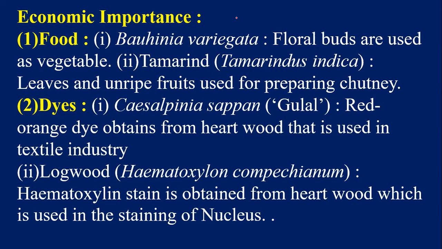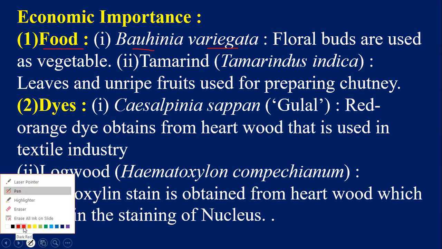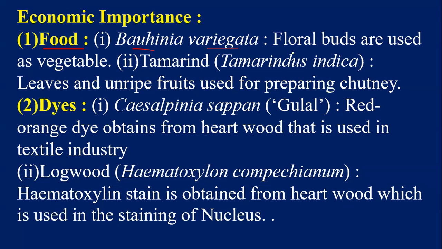From this family, we are getting some economically valuable products. Try to remember where some plant species are used as food. Example, Bauhinia variegata is used as food, as well as some more plant species. The floral buds are used as vegetable. Tamarindus indica is also used as food. Leaves and unripe fruits are used for preparing chutney. Tamarindus indica unripe fruits are used for preparing chutneys, and some kinds of dyes are also extracted from these family members